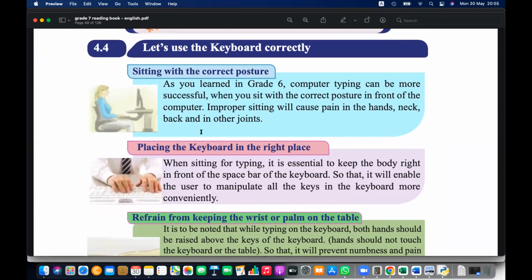Right. When you are using the keyboard, you have to keep your position very well. This we have learned in grade 6. Your back should be straight. Legs and hands are parallel. Keep the posture like this. Your eye and the monitor level, here the below level, you can see. And so this is perpendicular. So why do you need to maintain this? It will avoid neck pain, back pain, and repetitive strain injuries like carpal tunnel syndrome. So when you keep the same wrong position,